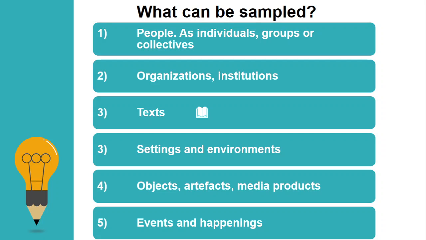Maybe based on our own research context, we can choose a group or collective of people instead of a large population, and we will sample it. We can also sample organizations and institutions, where we need to collect the information. And based on our research, we sample some texts. Among the millions and thousands of texts available, we choose appropriate texts, do sampling, and collect the information from them.